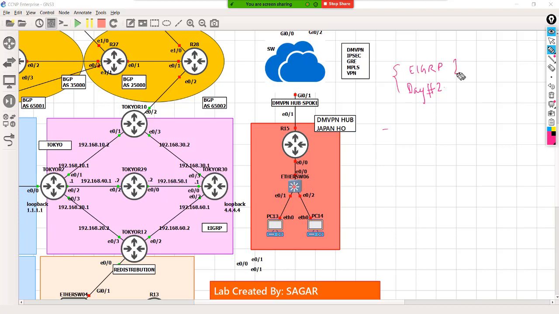Okay. So from the previous class, we have gone through a lot of theory topics of EIGRP. Today I'll be covering more of labs. Okay. So just a quick revision. EIGRP is called a distance vector protocol. Okay. So RIP